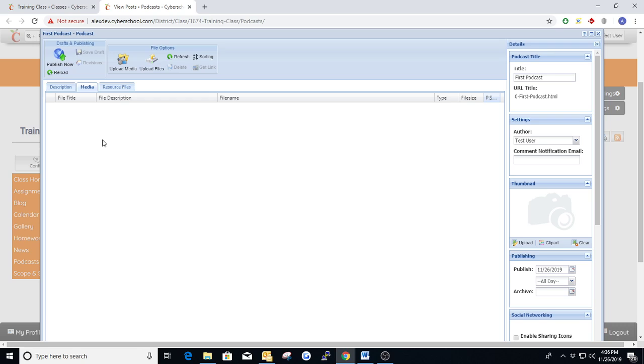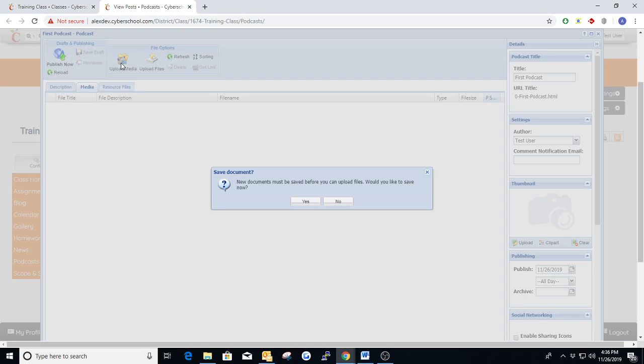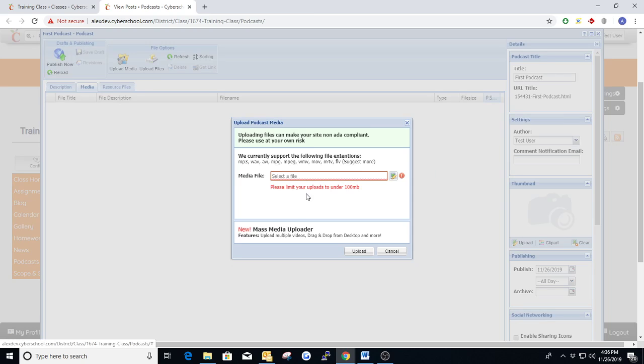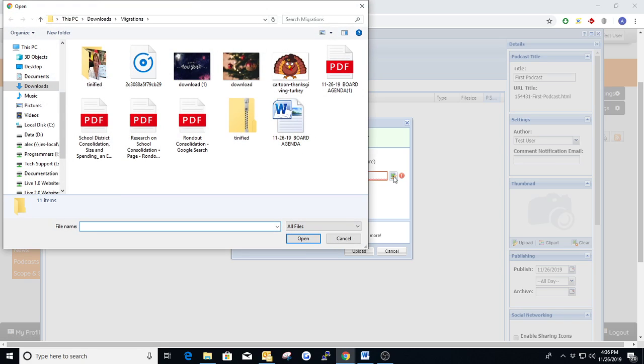And this is actually where we upload the media. So let's go ahead and click upload media. And then yes, we want to save. And we can use the mass file uploader, or we can also click this little button here to just choose one file. So if there are multiple media files you want to upload, you can use the mass file uploader. This one here is just a single file uploader, and I'll click this MP3 file